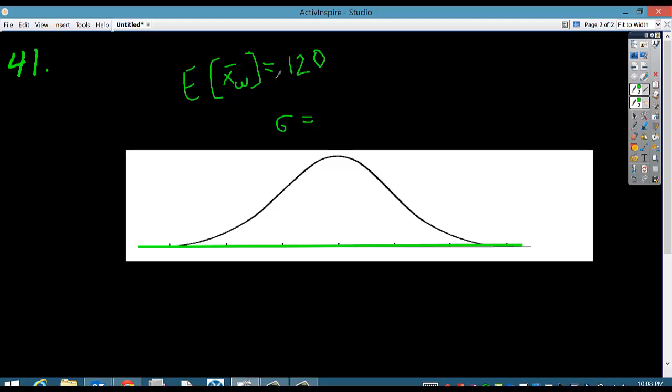So our standard deviation for x bar sub w